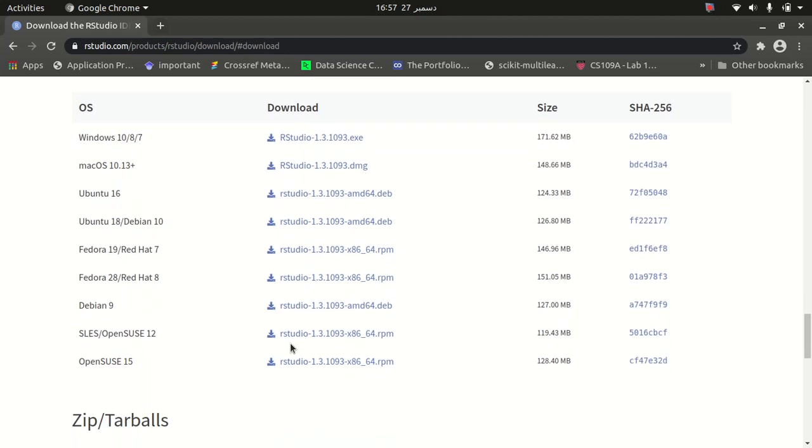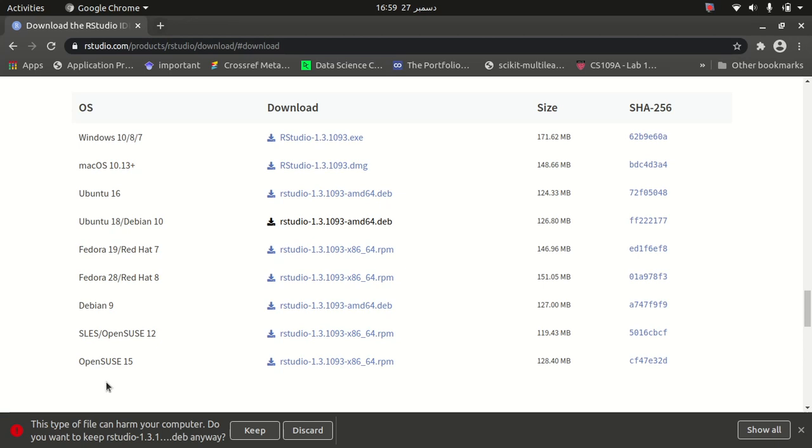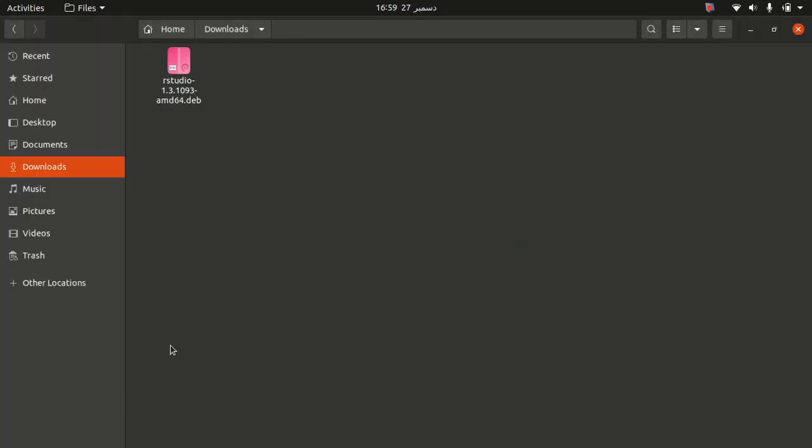Okay, so under the download page, you are able to find the Ubuntu versions. There are two different versions. Right now, I'm downloading this one, Ubuntu 18. Download is completed. Now, let us open terminal once again